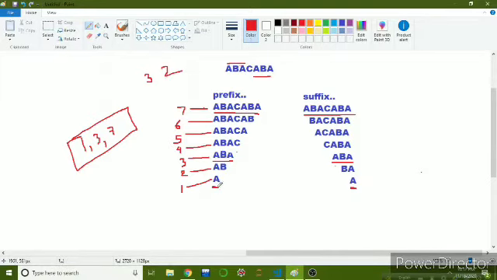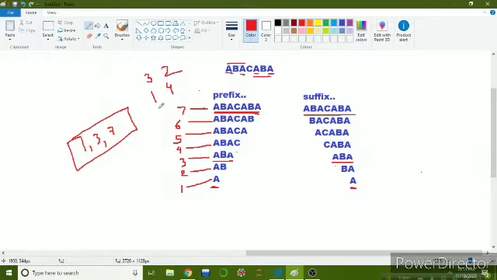Similarly, this prefix of length 1, that is this A, is also a suffix, and this A has occurred 4 times in this string. So we have to print the length of the prefix, that is 1, and the number of times it has occurred, so it is 4. And this whole string is a prefix as well as a suffix, and this whole string is present only 1 time.